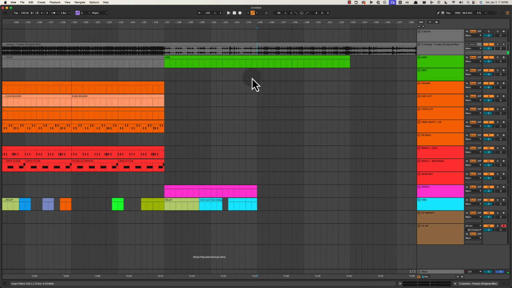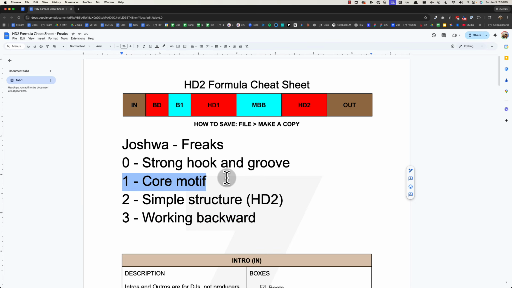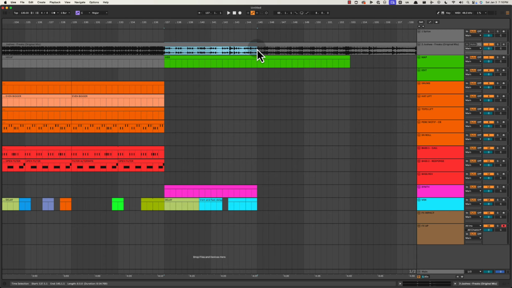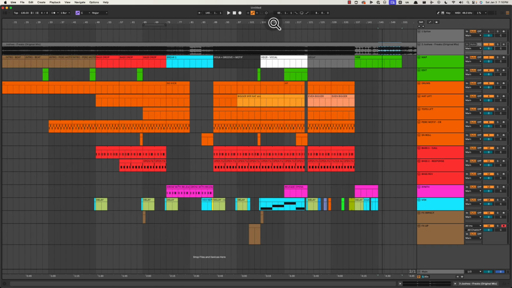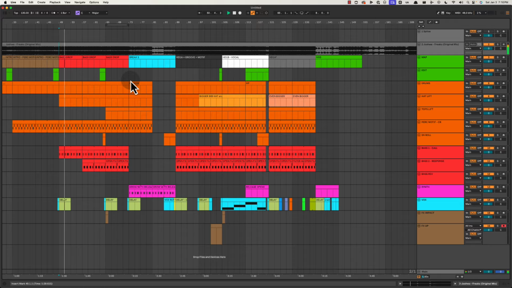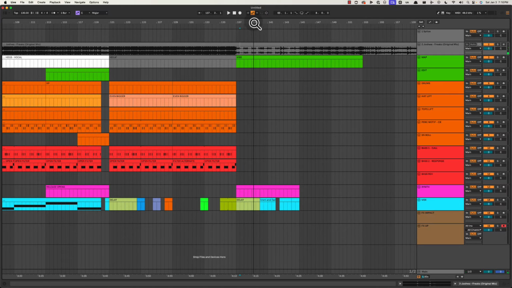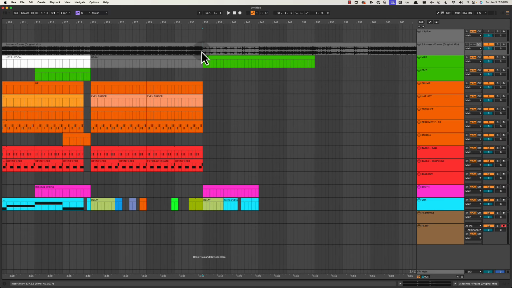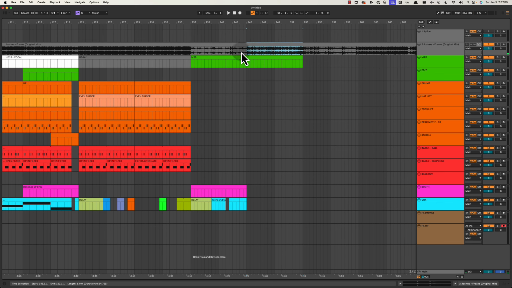All right, and then again, going back to the core motif, you can see how this just starts the call of the motif, but now we're going to get the response. So if we go back to the bass drop, check this out. It's just the call of the motif for the most part in the bass. And then when we step into the next 8 bars, we get the response from the bass. The similar structure is going on over here, even though the context is completely different. Here we're getting the call from the synth. But then when we step into the next 8 bars, we're getting the response, which is just the second bass.